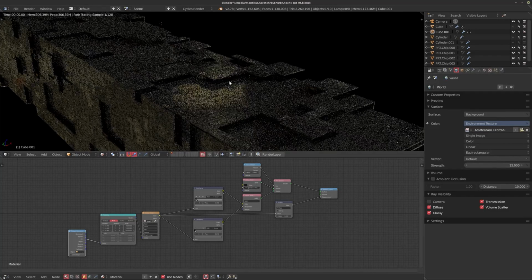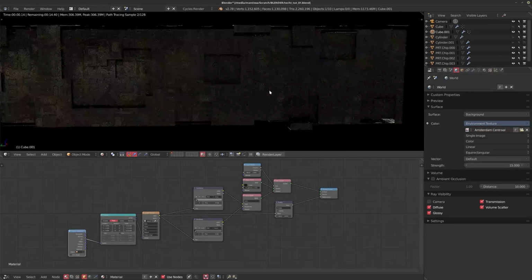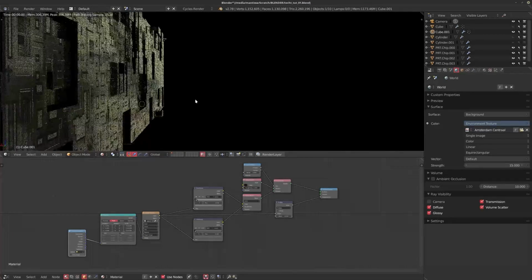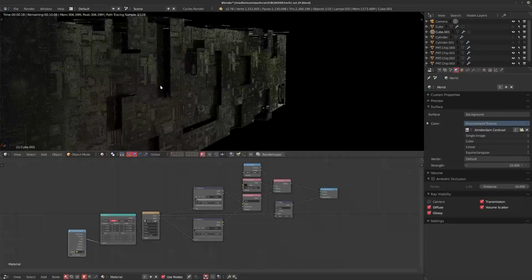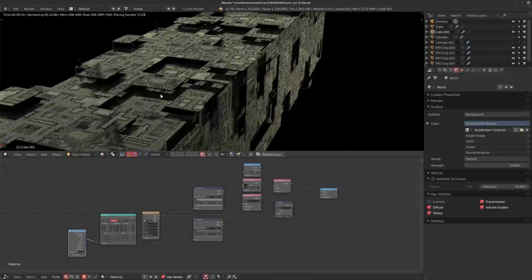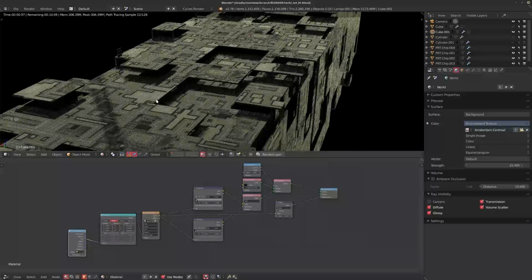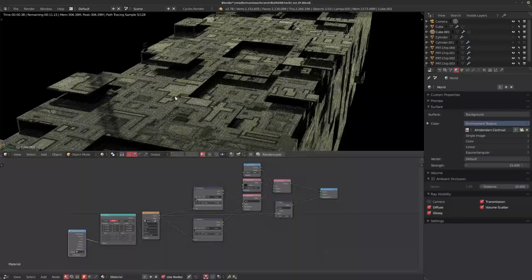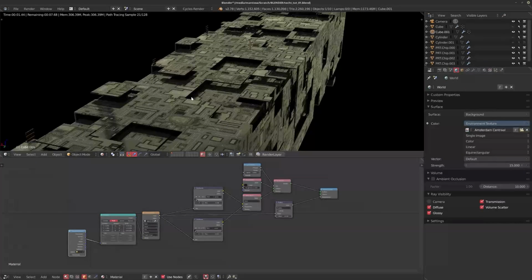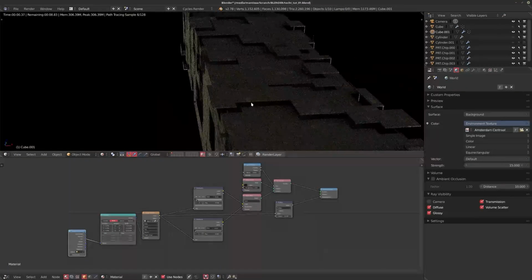So the first one in this tunnel you see has this sort of technical texture. I just threw an HDR in the background so you could have a look at the reflections and how it all works. And a lot of my shaders tend to be fairly simple. I try to keep them as simple as possible so they're easy to reuse, and they're just easy to understand when you open the files as well.